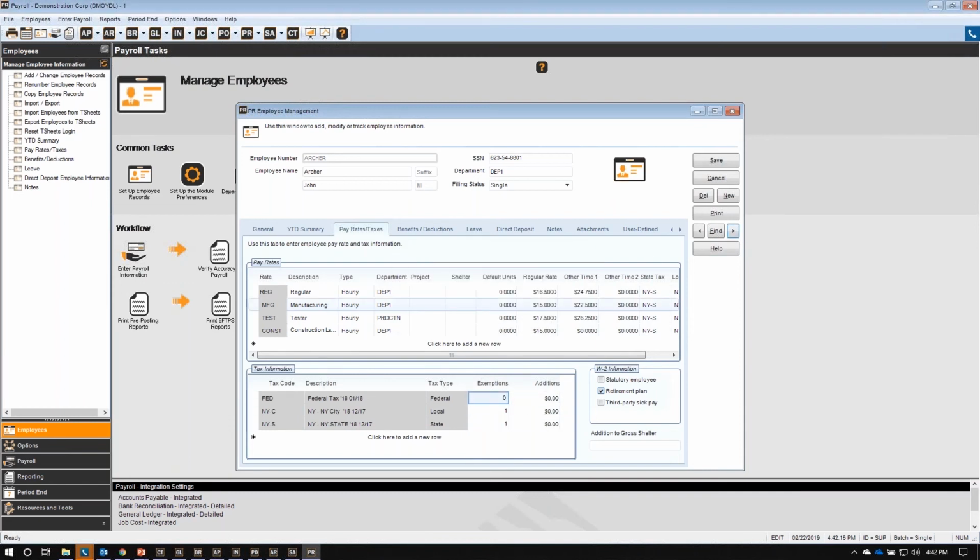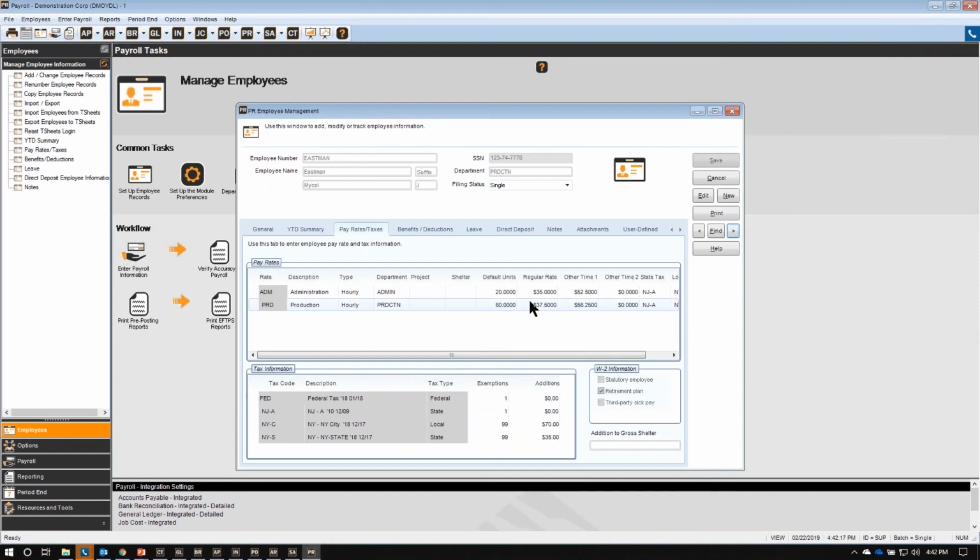Some employees that I have set up are a little more simple. This one only has 2 pay rates. There's one with 3 pay rates, but only 1 state tax code and 1 federal code to calculate federal and state taxes. Okay, here's a simplified employee. Most of your employees may be like this, where they just work under 1 pay rate for a specific pay amount. And this is an hourly amount. And then they have their federal and state tax information filled in at the bottom, as filled in on their